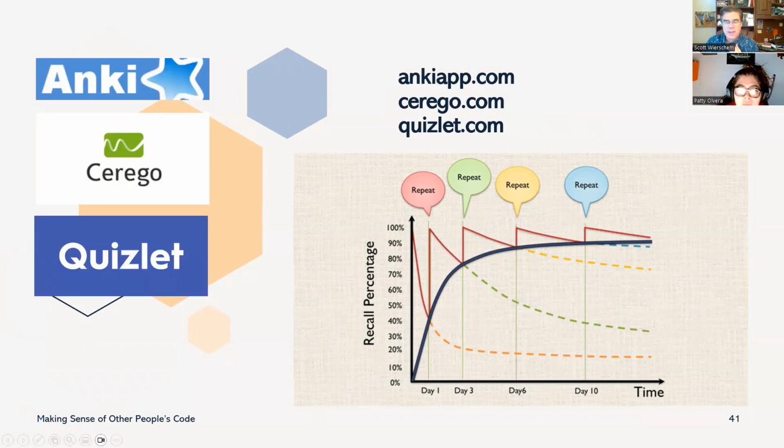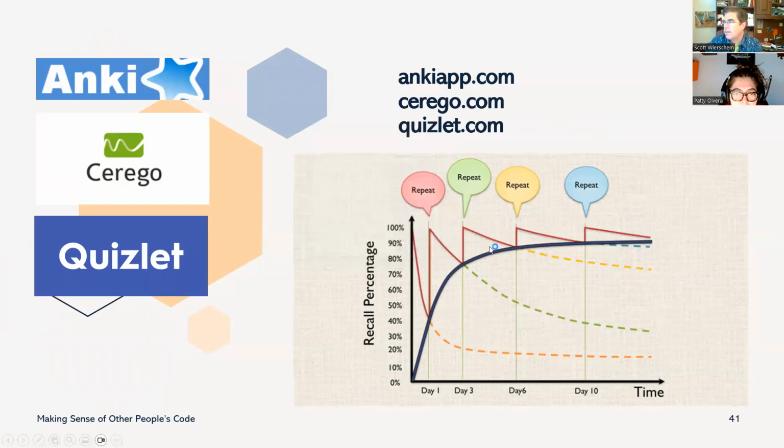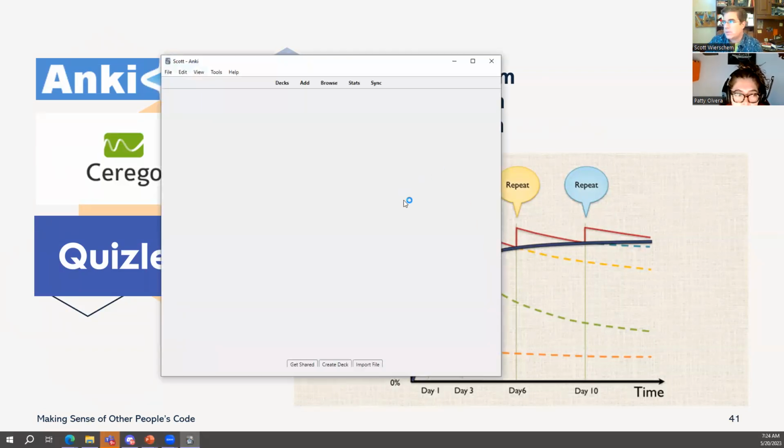This Anki app is one of them. I had this up and running, but I don't have it up and running right now. The computer rebooted itself. But basically, these are flashcard apps that will show you some information. I'll just go ahead and run it real quick. It's a flashcard app. It'll show you a question and then show you the answer on the other side.